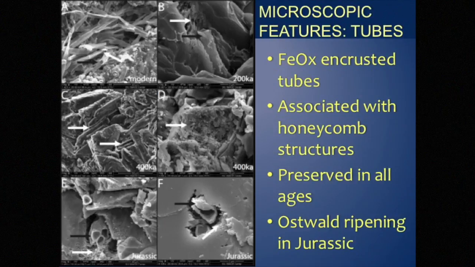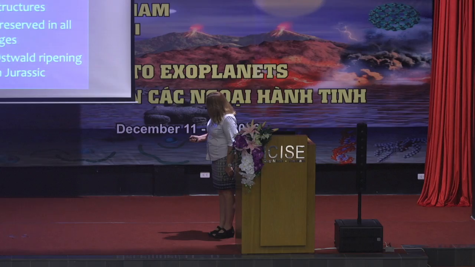You also see these tubes associated with these honeycomb structures. Here's a 400,000-year-old honeycomb structure. The interesting thing is that in the Jurassic, these tubes are still present and surrounded by these honeycomb structures, but